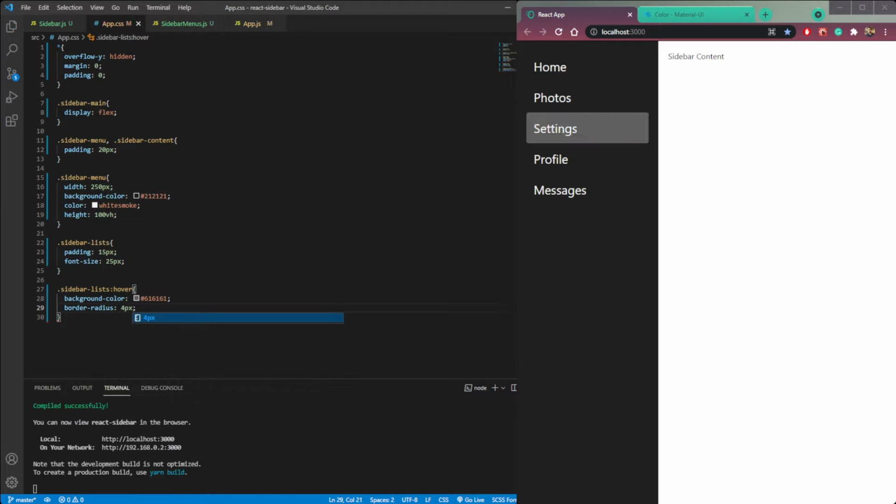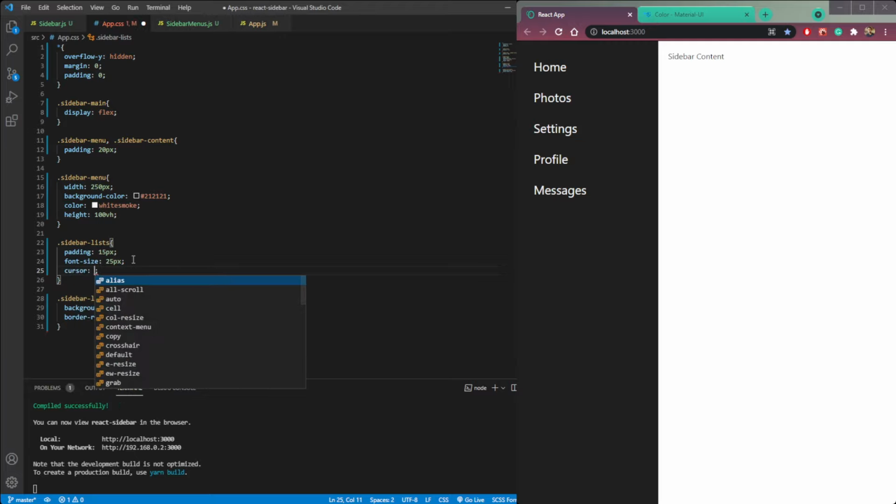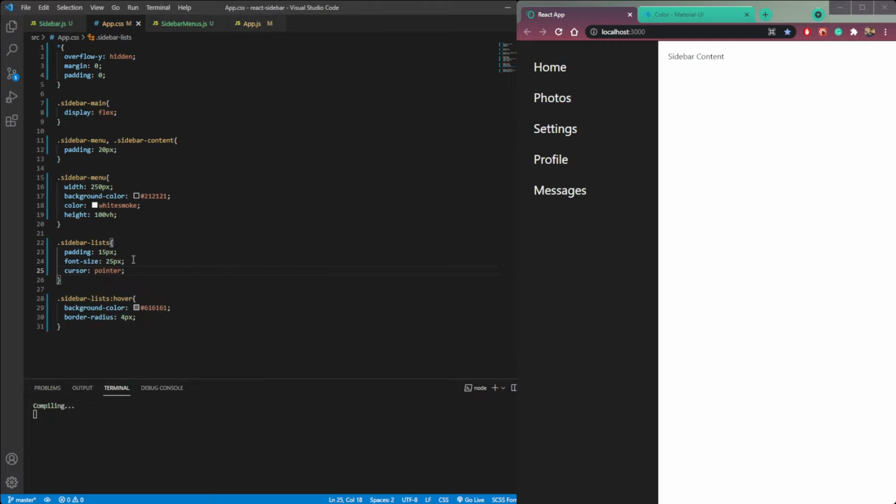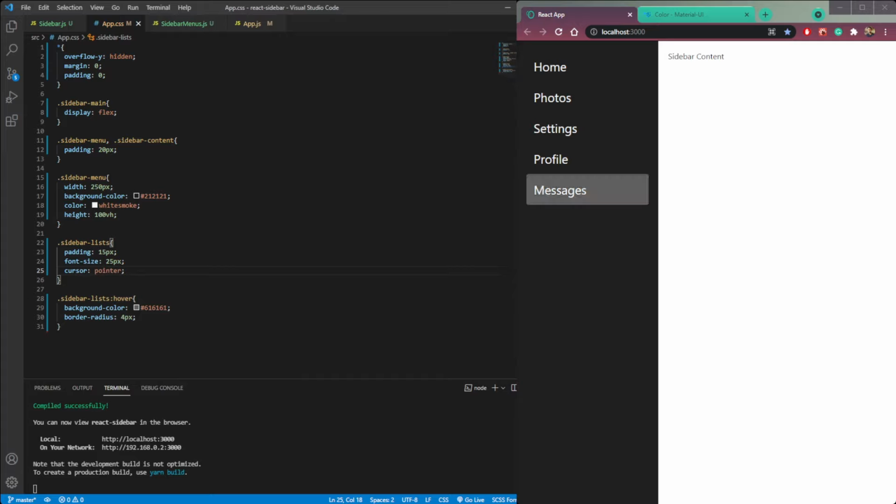Now you can see this hover effect has a round border. Also here in the sidebar list, let's make cursor to be pointer. So whenever we hover on these items, our cursor will change to pointer like this.